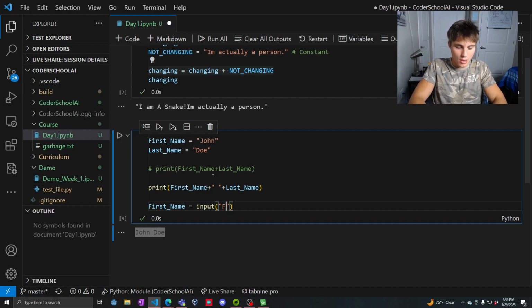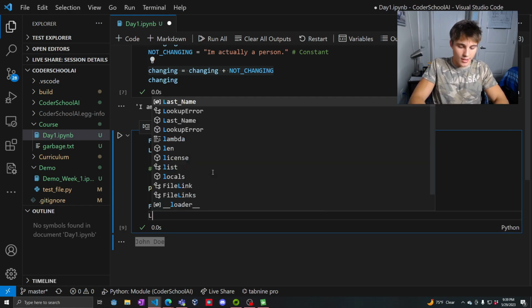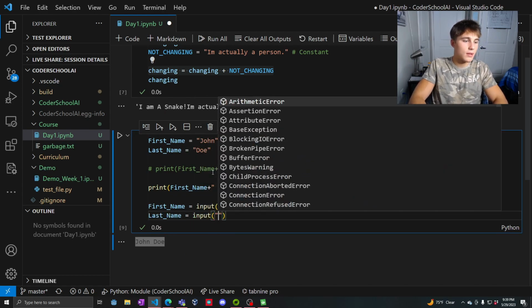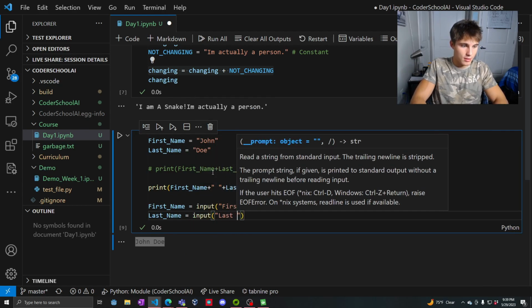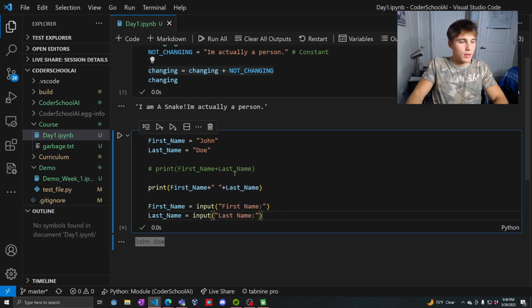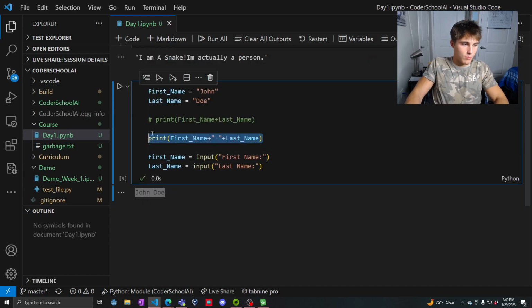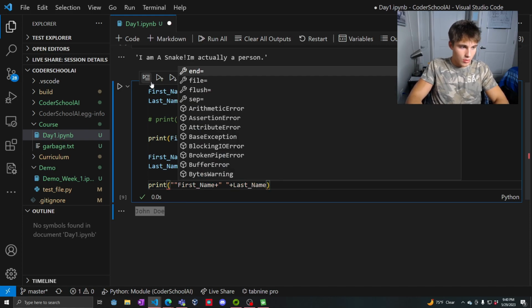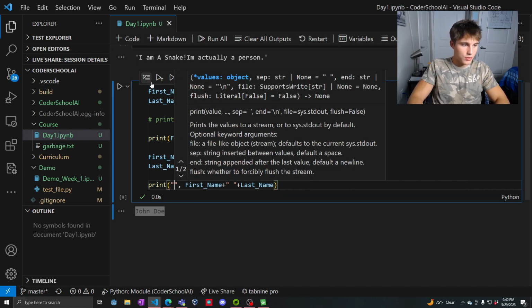So let's just do this. First name, and then let's also do last name is equal to input, and we're going to say last name. And now let's run this, but also put this down here. I just copy and pasted that down here. And then before we actually print this, we're going to come up with a new string, and we're going to say